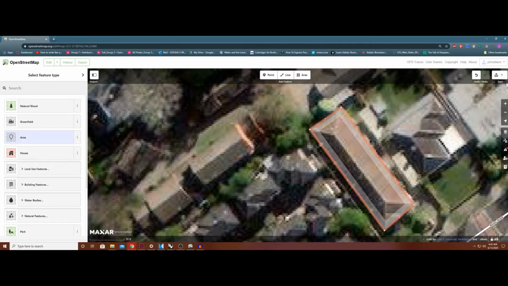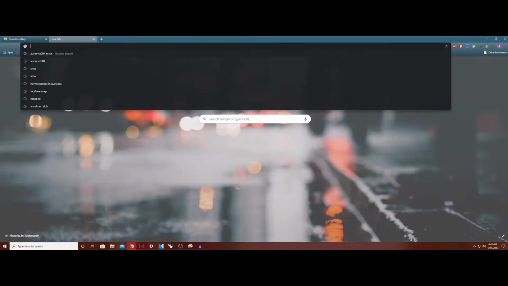When it's downloaded, it's going to be downloaded as a block, like a poly surface. Here you have to select the feature type. If not, you're going to get an error when you try to save it. For example, this looks like a house. Now, if you want to know very detailed information about what that building is, you need to go to Google Maps,